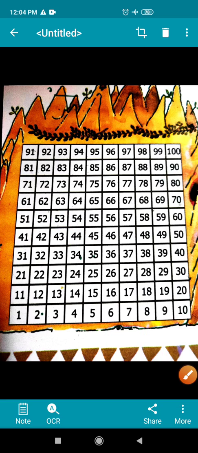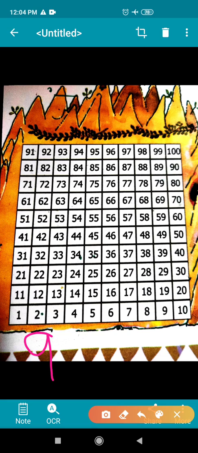One more. 98 minus 34. Just find out where 98 is. 98. Then minus 30. Minus 30 is 10, 10, 10. 3 steps down. 1 step, 2 step, 3 step. 68. Now 4 more. Which direction do you have to move? Left direction. 1, 2, 3, 4. So what is the final answer? 64.